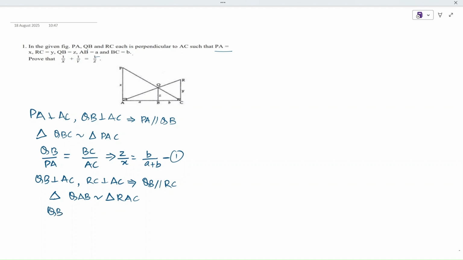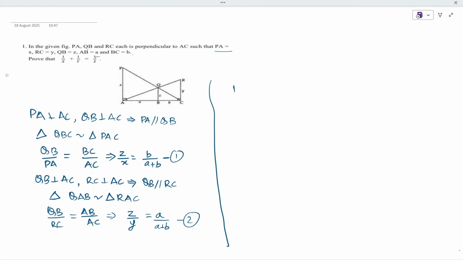So you can write QB by RC equal to AB by AC. This implies QB value is Z, RC is Y, Z by Y equal to AB is A and AC is A plus B. This is equation 2. Now add 1 and 2. If you add 1 plus 2, we will get